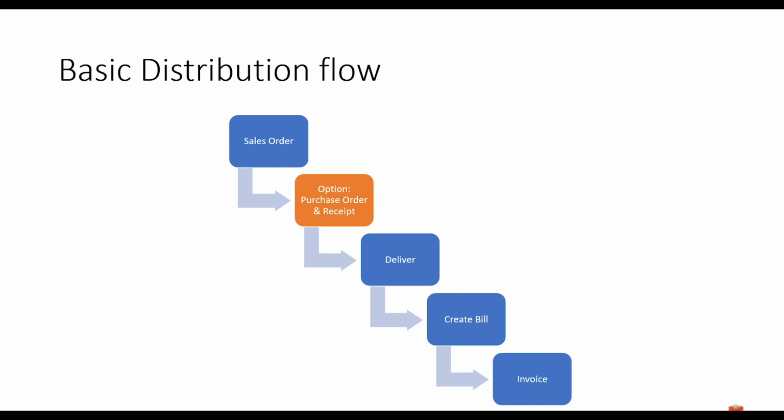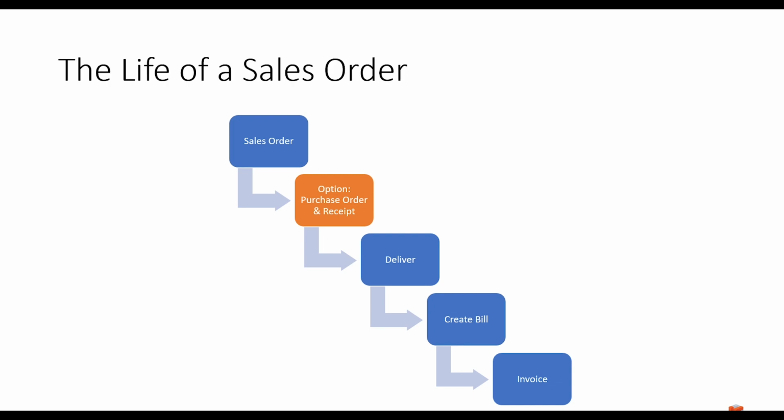Today, I'll cover off this standard process flow. Let's refer to it as the life of a sales order. I'm going to show you how we can raise a sales order if the goods are in stock, and from there, raise a delivery, bill it, and send the invoice out. I'll then repeat the process for a situation where there is no stock on hand, and so the sales order will require material requirements planning to raise a purchase order, receipt that purchase order, and then we'll do the delivery